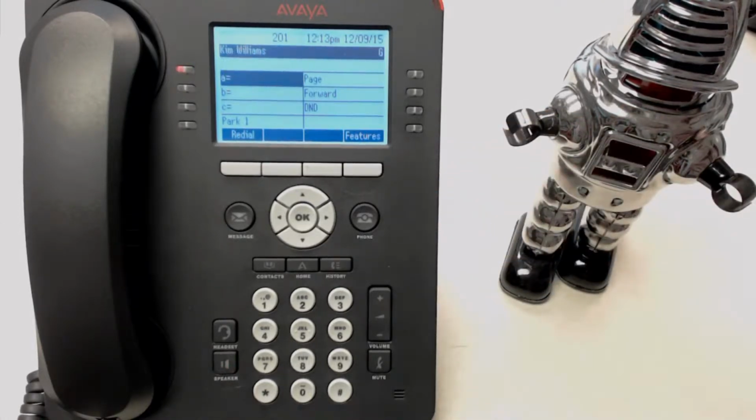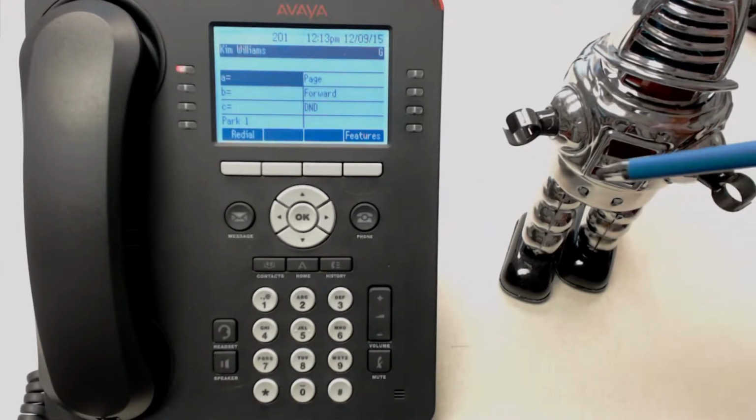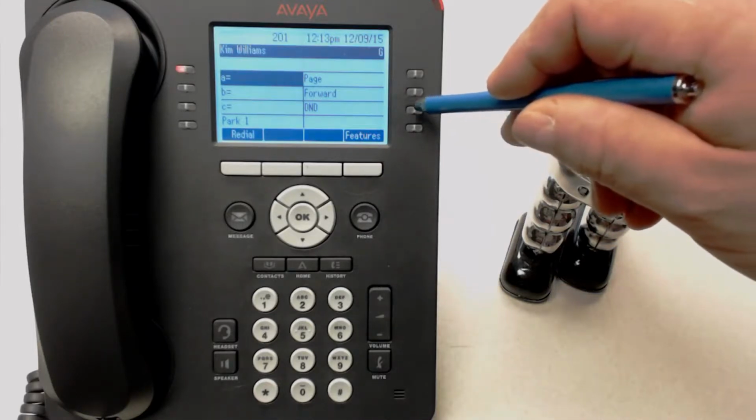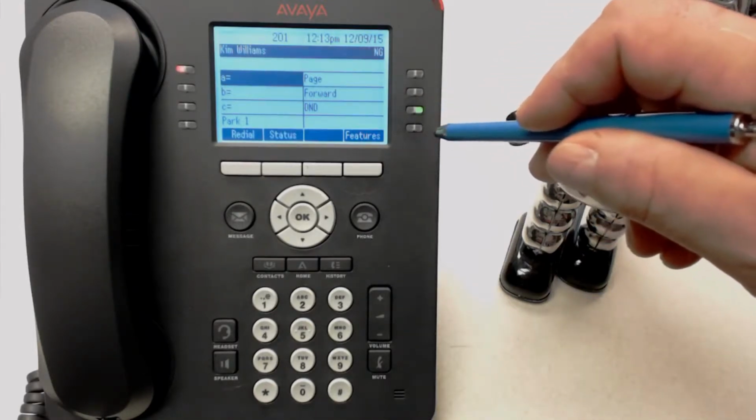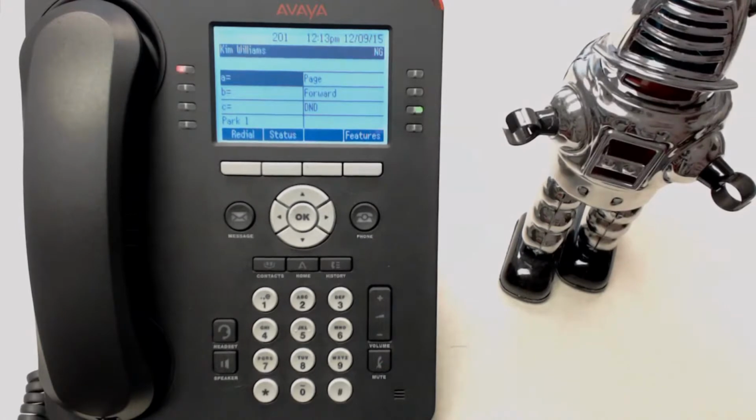The next thing we'll talk about is the Do Not Disturb button, also a privacy feature. Let's say that you're in a meeting and you do not wish your phone to ring, even for paging. You press your Do Not Disturb light, the green light will come on. So if someone were to call you right now,